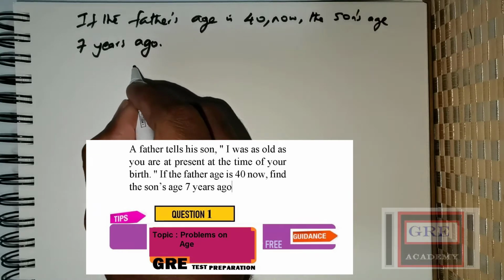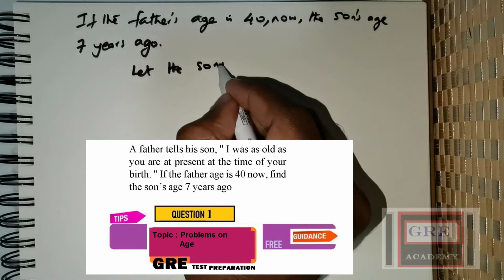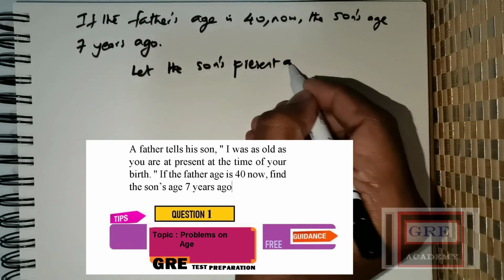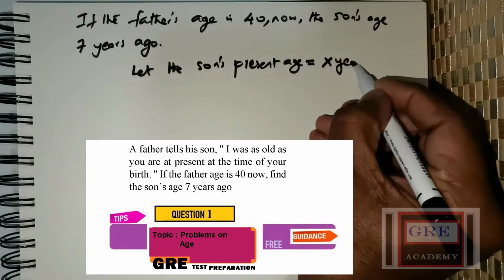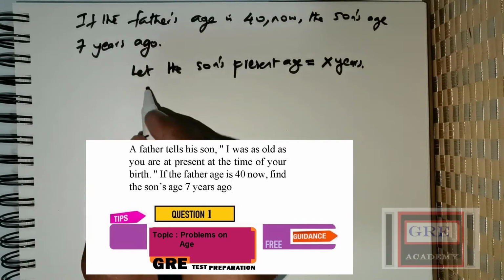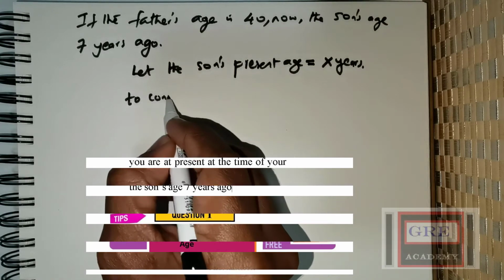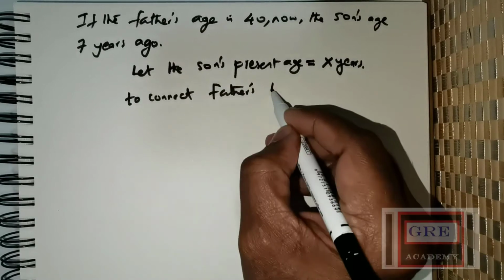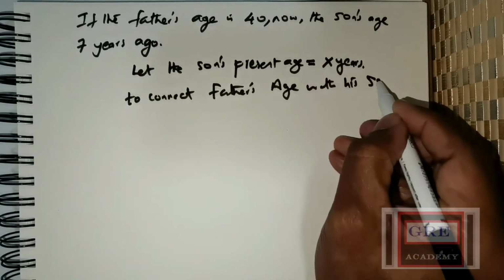Foremost, I would start by assigning, let the son's present age be equal to x years. Okay. Now, the required equation that we would need to connect the father's age with his son's age